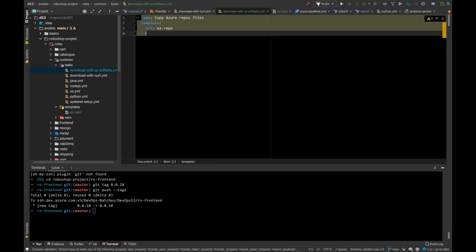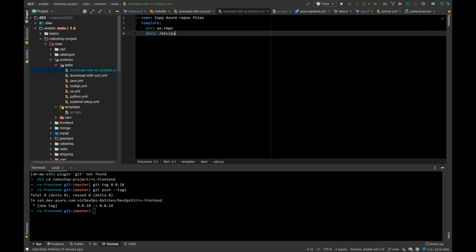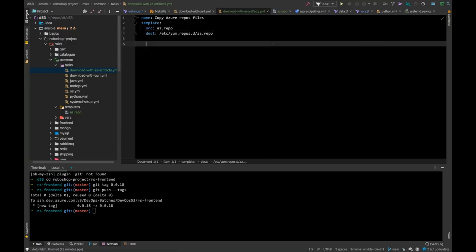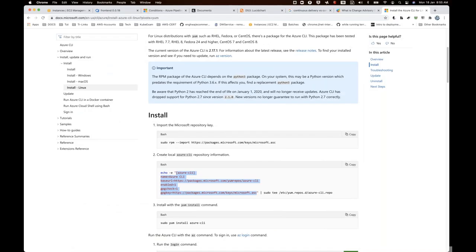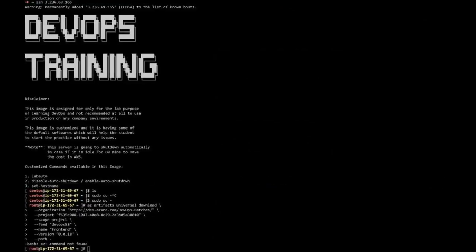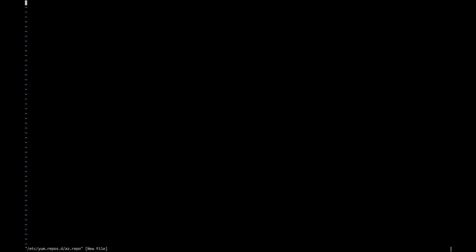I want to copy it, and the destination is going to be /etc/yum.repos.d/azure.repo. Once you do that, I'll go to the server, vi /etc/yum.repos.d/azure.repo file. Okay, done.